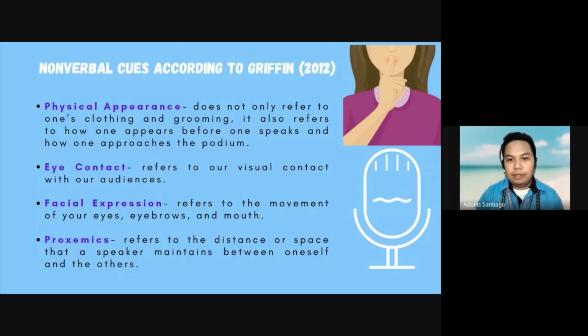Next is the proxemics. When we say proxemics, this is the distance of the speaker to the audience. How close are they, or how far are they from each other? So that also sends a nonverbal cue for them. Now, if somebody talks to you from far away, it means that they are not that interested. But if they talk to you as close as possible, then they try to go inside your inner circle, it means that they are interested in your topic, or it can also mean that they are interested in you. So that is the proxemics that we're talking about.